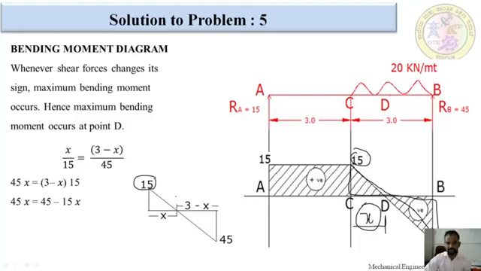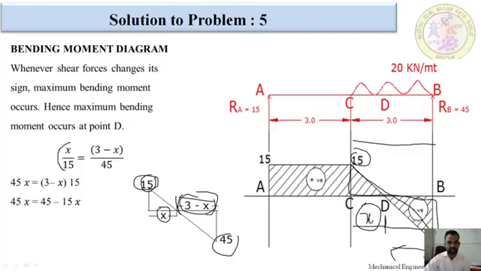Okay. And from here to here, how much distance are we having? We are supposed to calculate. This distance is 3 meter. 3 meter minus x would be this value. So for that reason, 3 minus x. This is the bracket. By the similar triangle method, we are supposed to have x divided by 15 is equal to 3 minus x divided by 45.